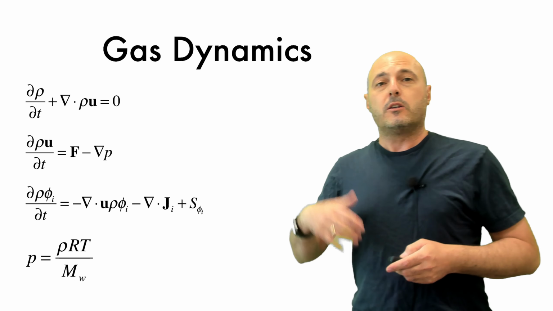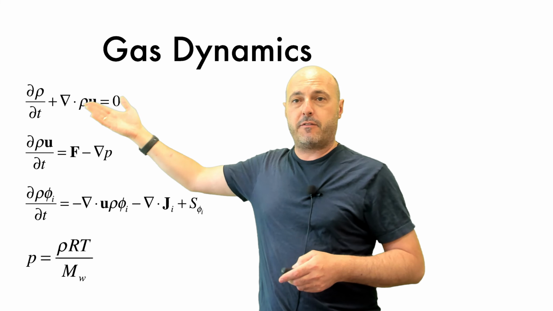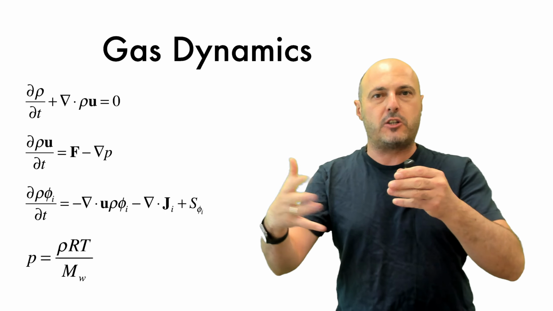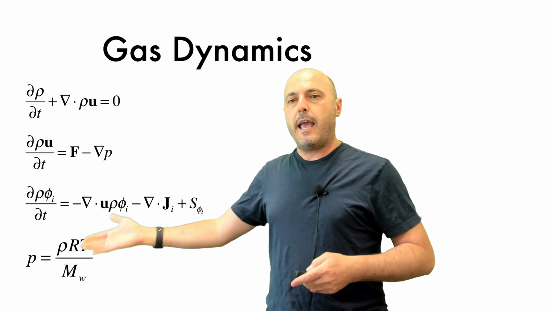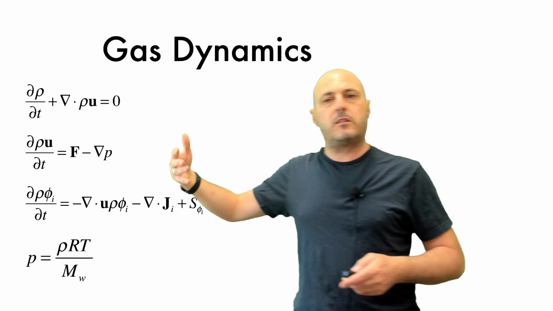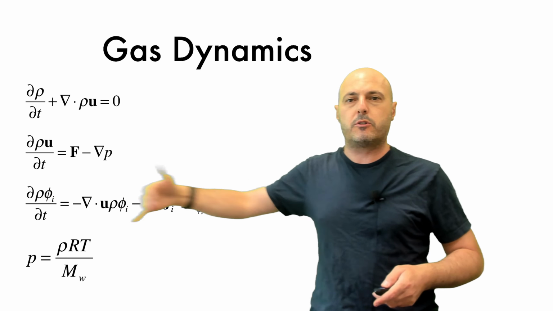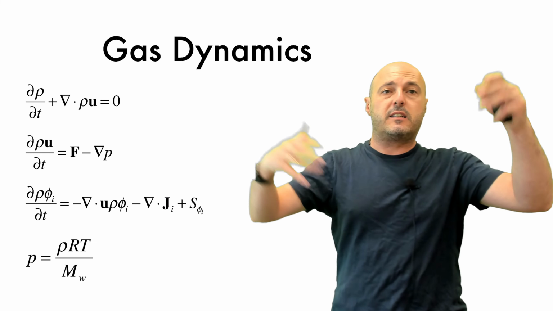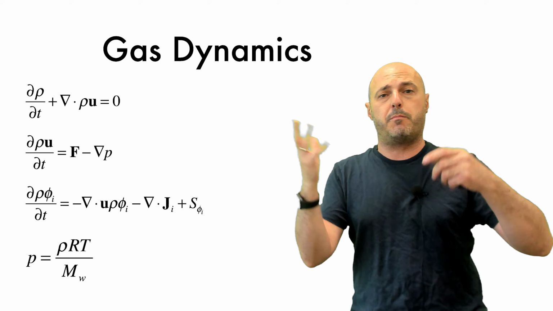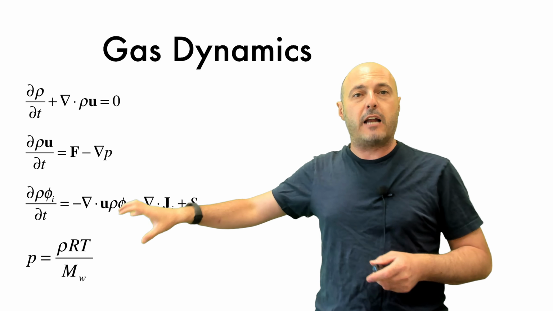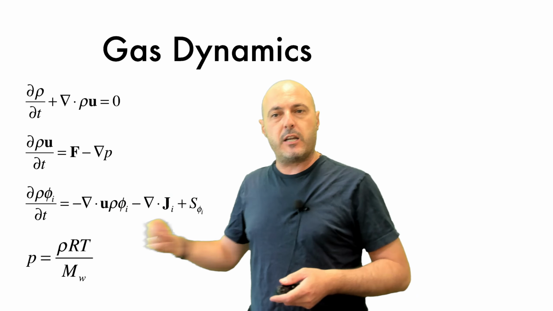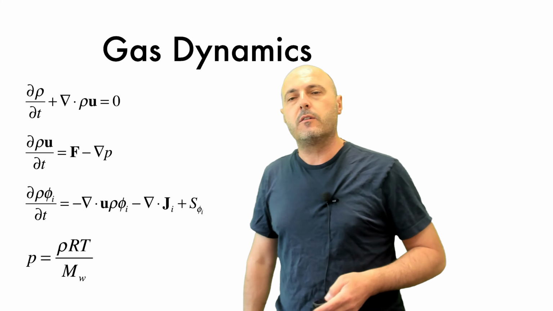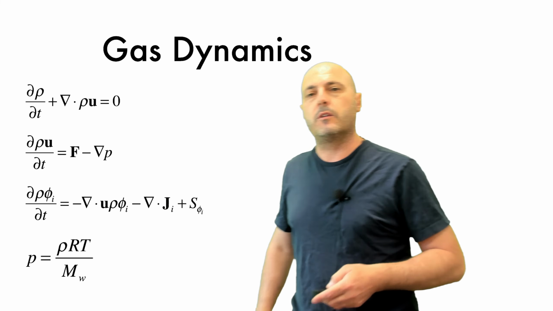So if you take the full gas dynamics equations, you have continuity, momentum. This F term symbolizes convection and diffusion, nonlinear convection and diffusion. And you have some species or energy transport, okay? We're just going to call that phi. You could have just an energy equation, or energy and species, or you could have a representation of species with a mixture fraction. Okay, it just represents a standard scalar transport equation, and then you have an equation of state. So clearly, with the equation of state, you need to solve an energy equation, so that's a given for this problem. Now, how do you filter out the acoustic waves?